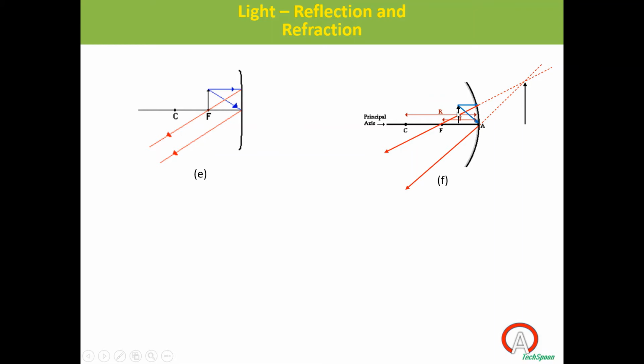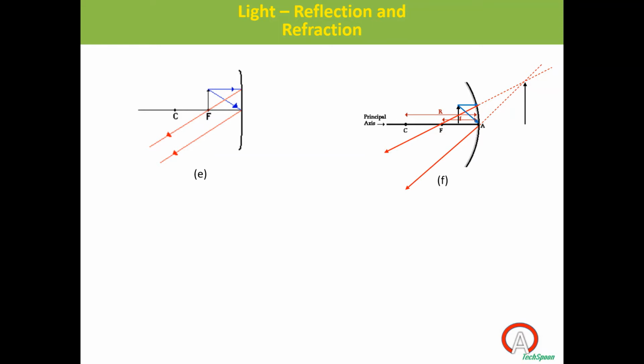So you see, the first ray parallel to the principal axis reflects back and passes through the focus. The second ray, passing through the focus and pole, reflects back. You see the reflected rays, whether they will intersect. No, right? They are diverging away. On the same side as the object, you will not get any real image. But if you draw backwards, you will see a virtual image, right? You can see an image in the mirror.